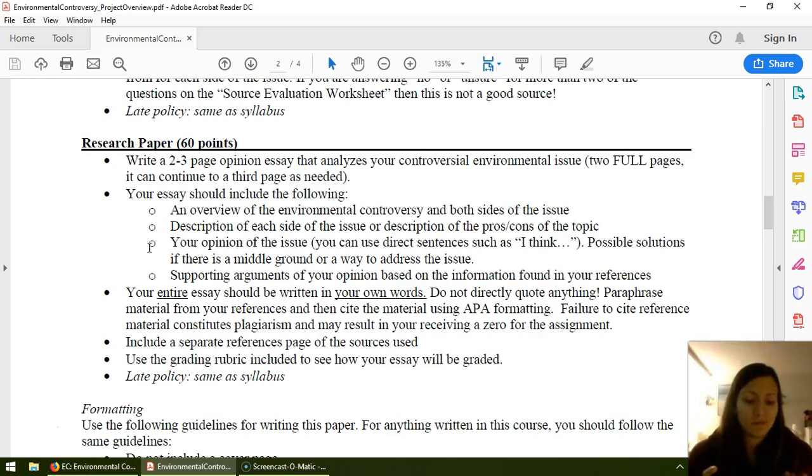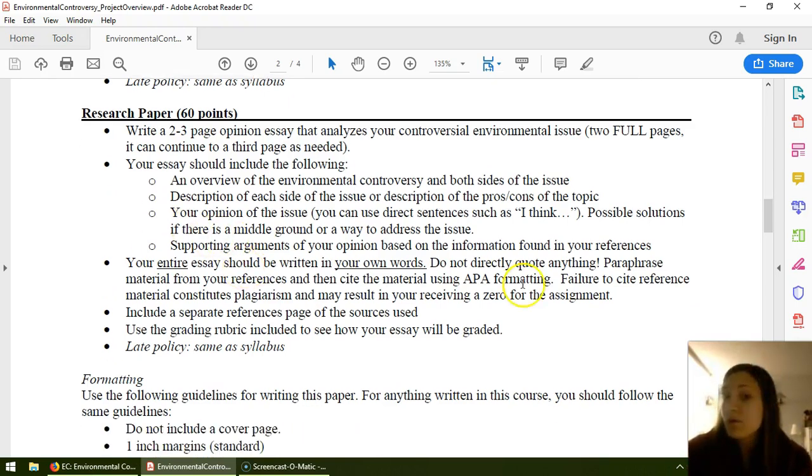Now, you'll talk about what you think, but you also need to support it. Don't say, well, I think recreational hunting is good because my dad thinks it's good. Okay, you just did all this research. I hope you have more evidence than that. So support your reasoning with evidence. And then also, if you're like, well, I don't quite agree with this, but I do think this is an issue, maybe identify some solutions and talk about some solutions or some sort of middle ground. Now, I will let you know, so that's the bulk of your paper.